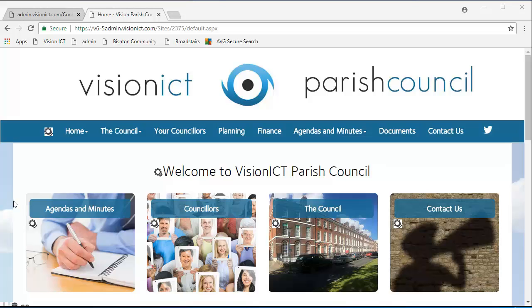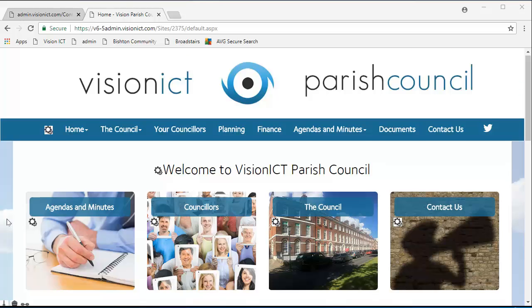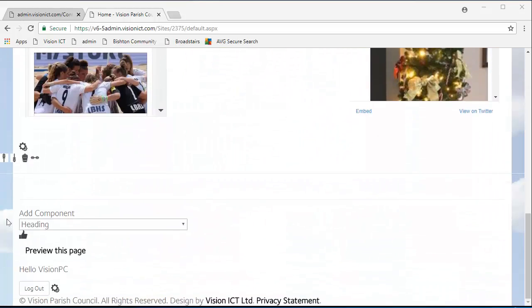This will apply to you if you have a members area or if there's certain parts of your website you only want particular groups of people to be able to see or particular groups of people to be able to edit. So first, what we're going to want to do is scroll all the way down to the bottom of